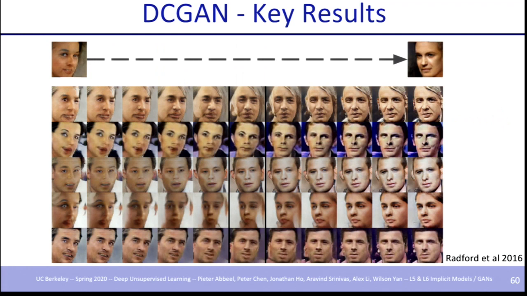Finally, like I said, the interpolations really worked well in spite of just doing it in a straight line. And you could see that it's understanding concepts like poses, right? If you think about the G that transforms Z to X, think about this G as the equivalent of a graphics engine that's been written with neural networks. So you're feeding in some input parameters, and it's rendering the actual image. And as you keep changing some of the values in your noise, it's behaving as if it's changing the pose in the renderer, and then it's slowly changing the texture and going to the target face. So that's really cool. And that's really what you want a generative model to do.